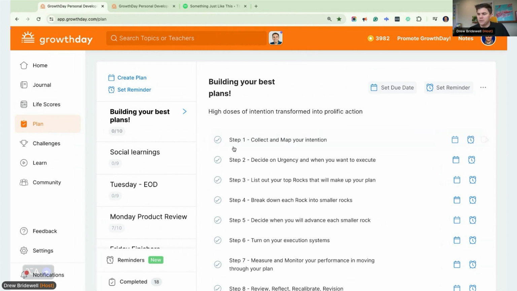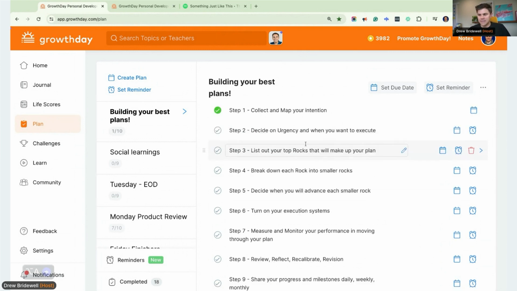Then, as you work through that, decide on the urgency of when you want to execute this plan. How hard do you want to go? If you're running a marathon or a mile, do you want to sprint through that whole marathon or mile, or do you want to pace yourself? I think that's a personal decision for any project. There's also a certain level of expectation with your team or with yourself on how hard you're going to go. So what time blocks do you have to actually work on this plan? What moments throughout the day have you already scheduled? It's all about that intention.